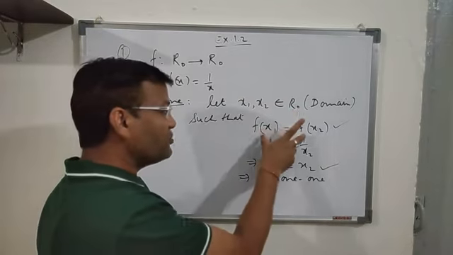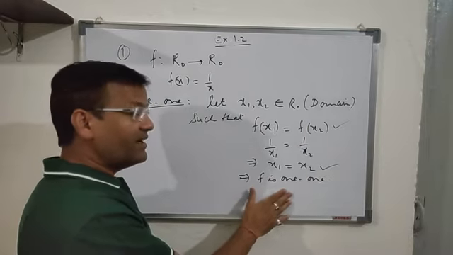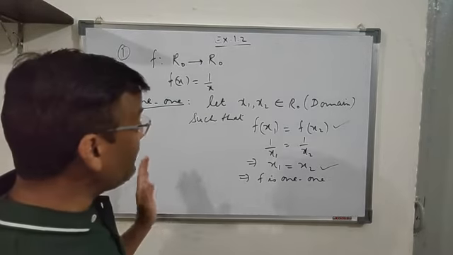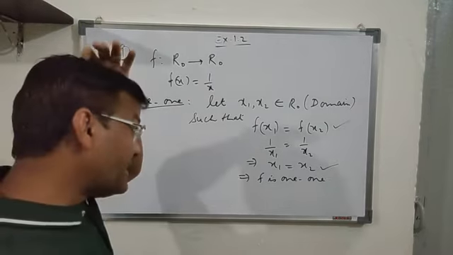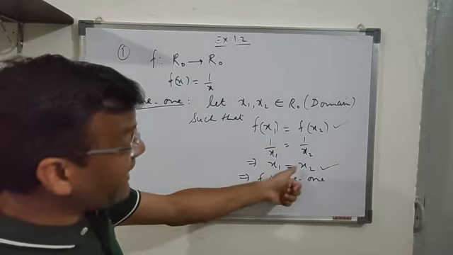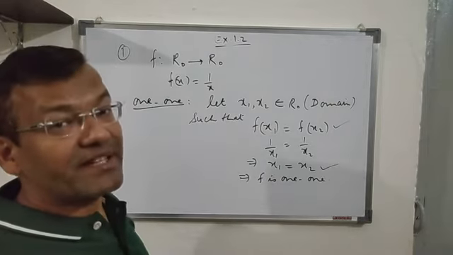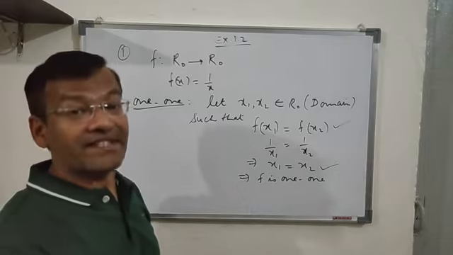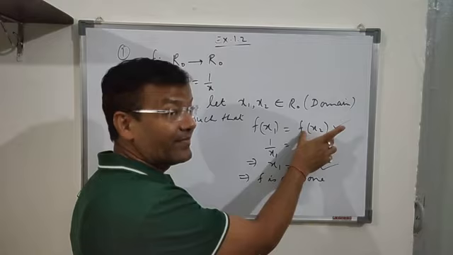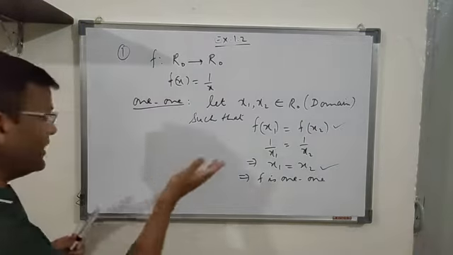Whenever you assume this value and you get this result, straight away we say that the function is 1-1. That means when the function values are the same, the elements are the same. Because if we go to the definition, distinct elements must have distinct images, and same elements must have same images. That means if the elements are the same, the images are the same. That means you can move backward also. We can define it this way also.